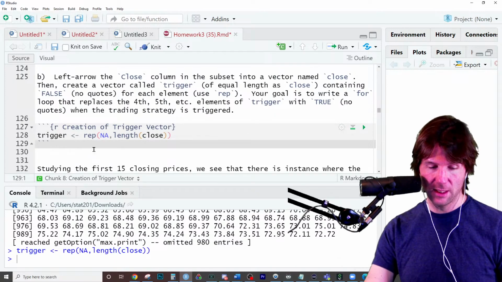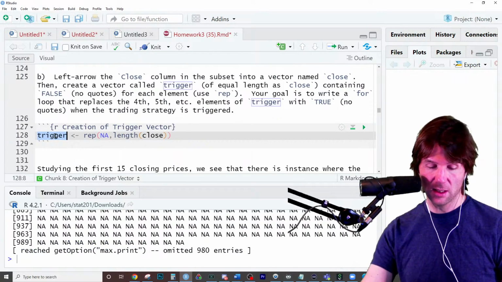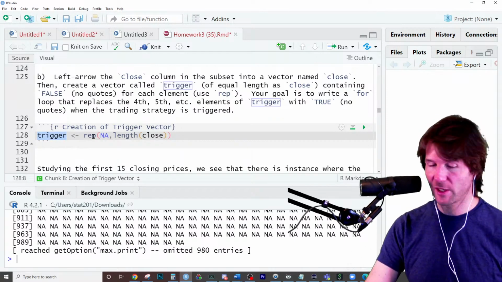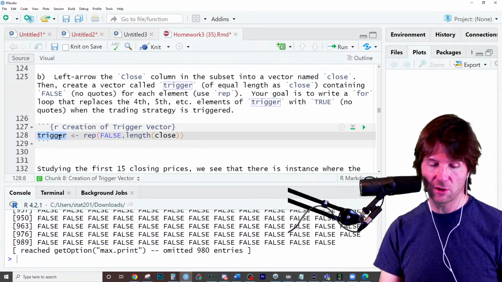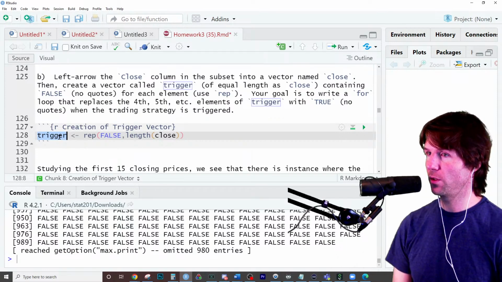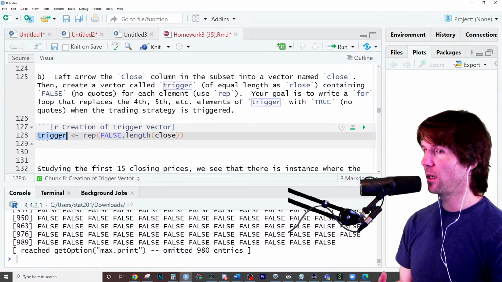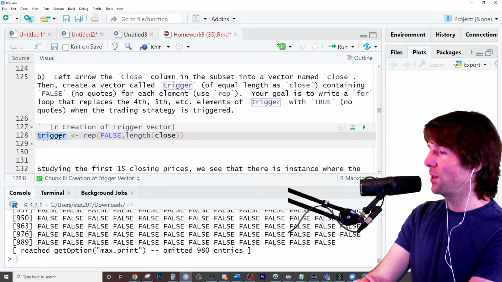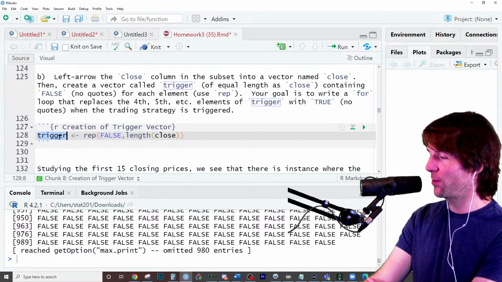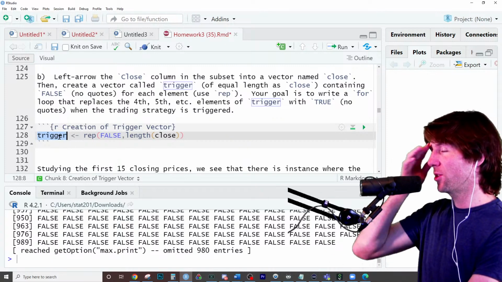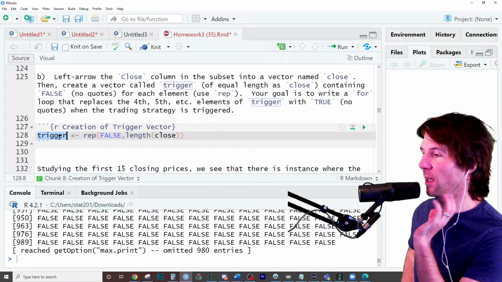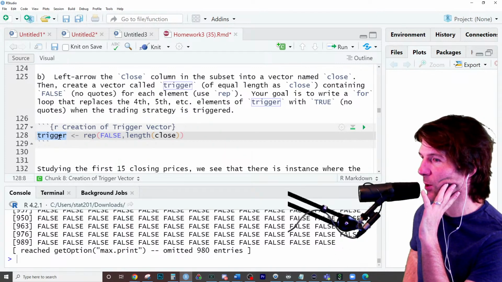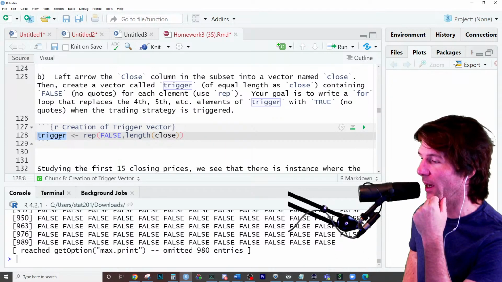Or you could also, I think it's fine if you do this. You might set them all to falses. That's still a logical vector right there. But does this make sense here, Katie? You could set it all to false, like you're not going to buy the stock until you get the trigger to buy it. So you could use the rep function to say repeat. I guess you could say you're not buying it on the first day. Like the function doesn't apply, but I would either set it all to NAs for missingness, like we haven't evaluated yet, or I would set it to falses, like we're not going to buy until we get the trigger to tell us to buy.